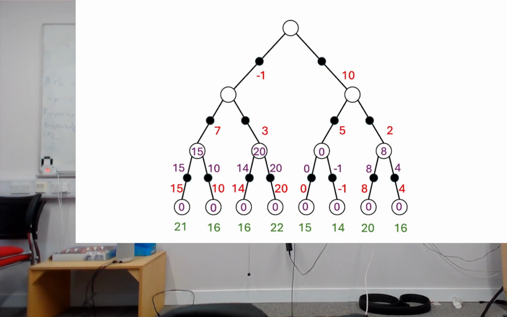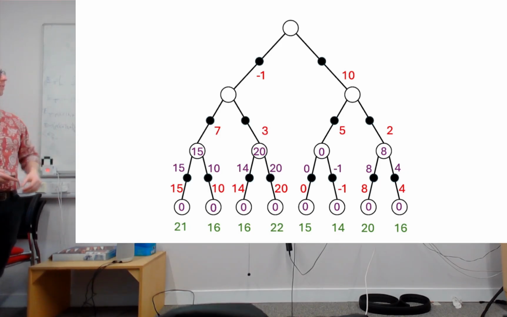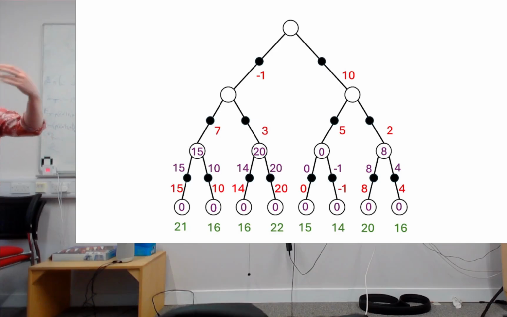22, right? Because if I'm at this action, remember the value of an action is the immediate reward I get, which is 7, plus the value of the next state, which is 15. So the value of this action must be 22. What does it mean that the value of the action is 22? It means that if I take that action and I then play optimally from that point onwards, I'm going to get 22 reward total in the future, right? I'm going to get 7 reward then, and then I'm going to get 15 reward here,